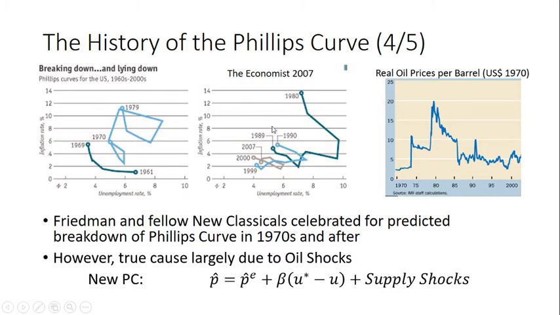In the later decades, we also see that, if we look at 1980, again, the Phillips curve is a bit all over the place. And again, it seems like there is, if anything, an upward best line of fit that would go through those data points. And then in more recent decades, the 90s and the 2000s in particular,